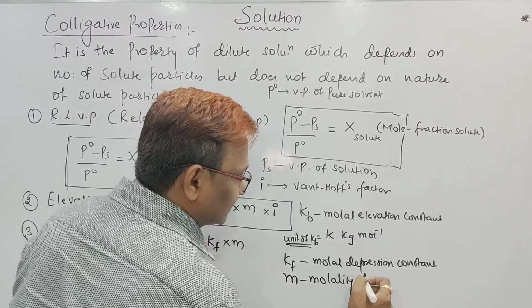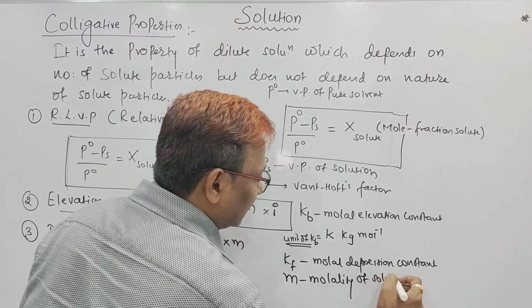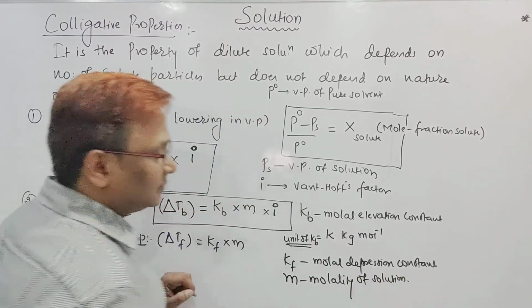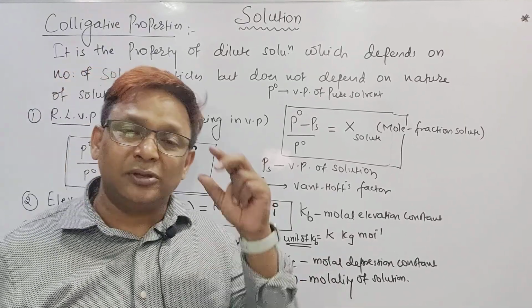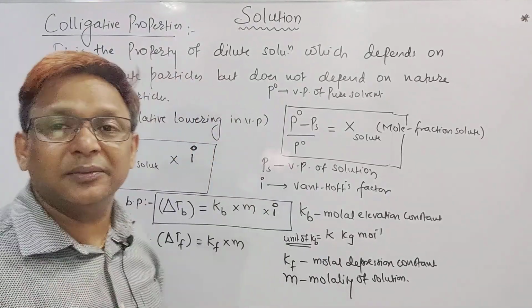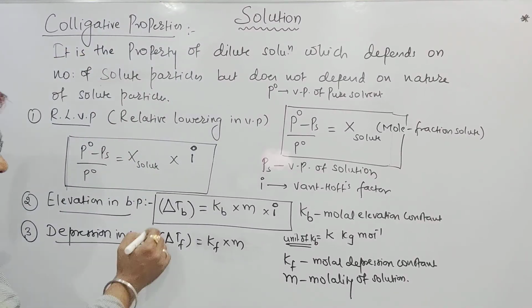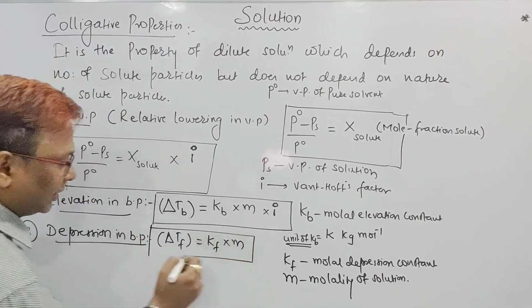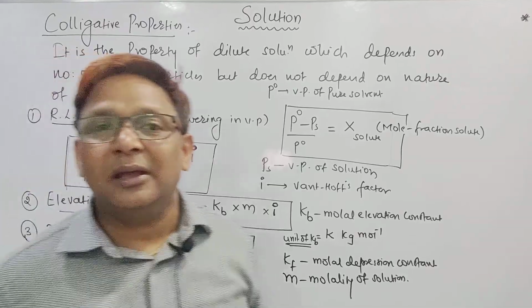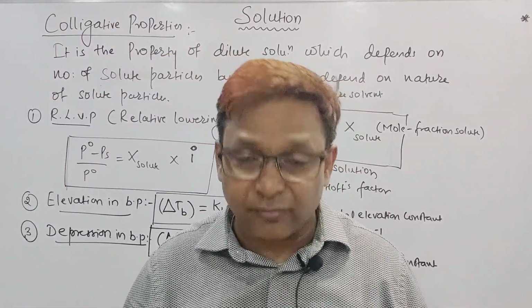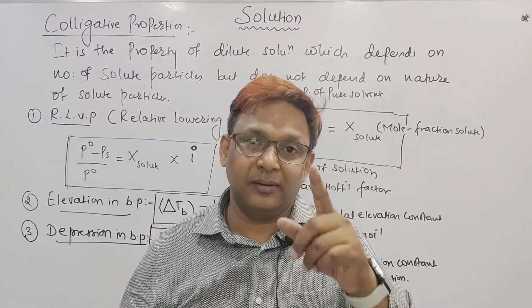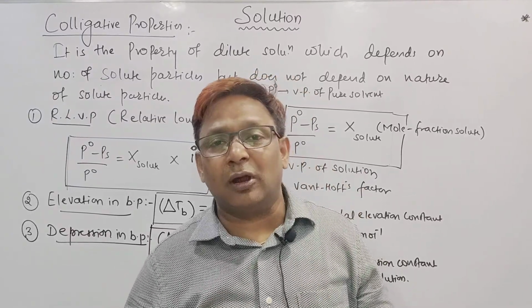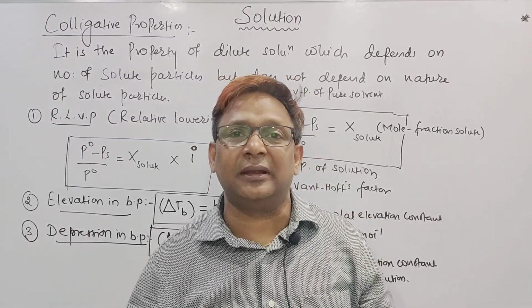And do you know what molality is, beta? Molality is mole per kg. That is, the number of moles of solute present in 1 kg of the solvent is called its molality. Right? It is another part, delta TF. Okay, we'll talk something more about it here. If it is pure water, water will freeze at 0 degrees centigrade. Remember, pure water freezes at 0 degrees centigrade.